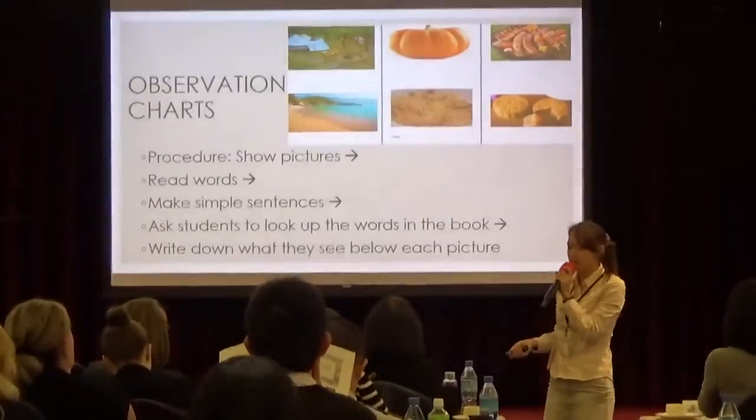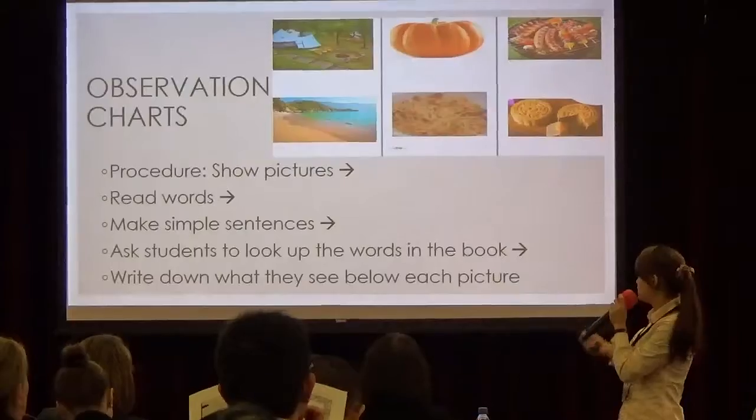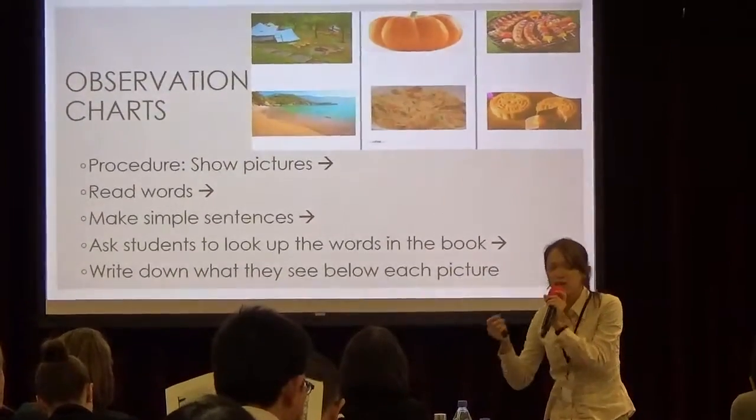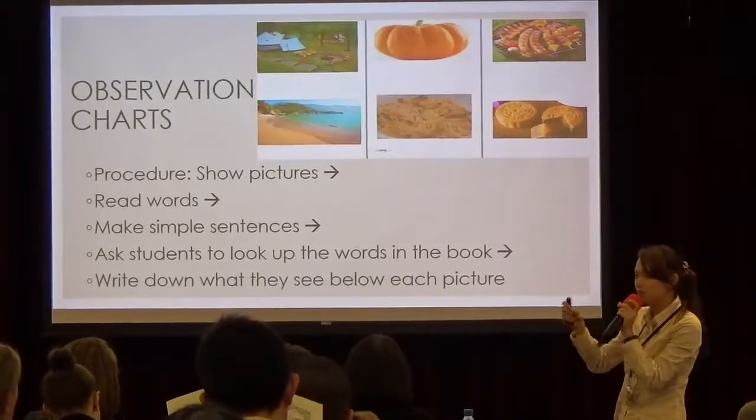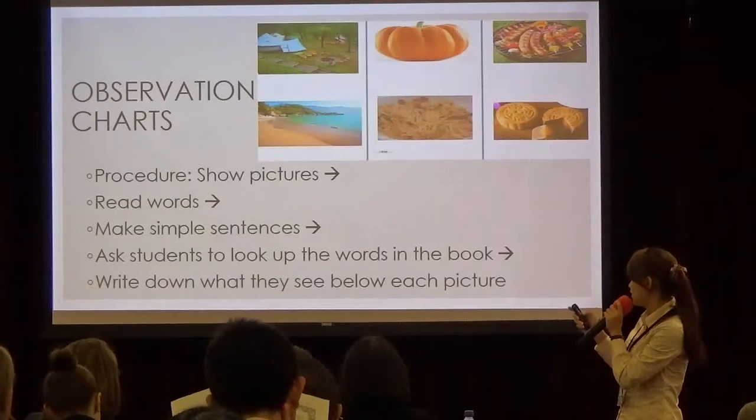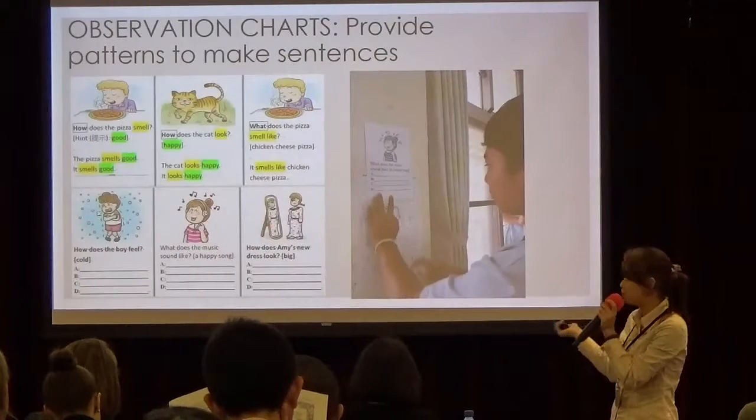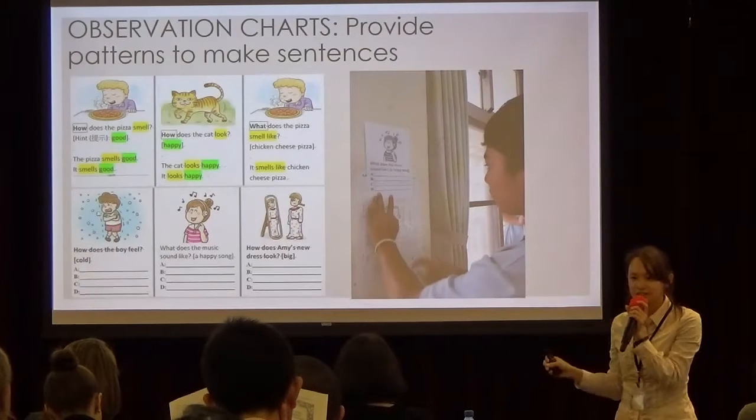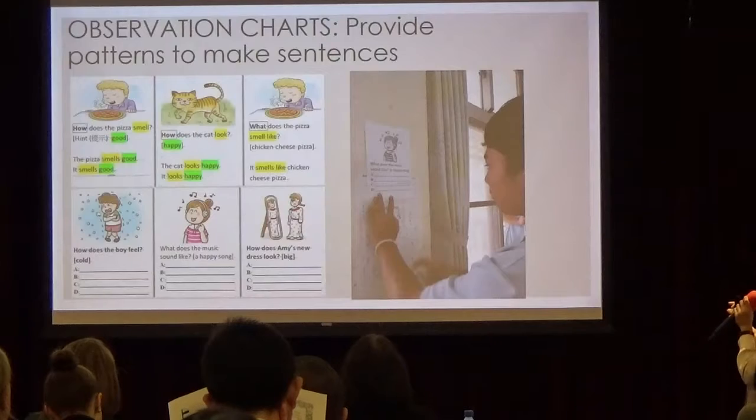I think that's okay, and I will make some sentences like, is this camp? Is this a tree? Is there a tree? Something like that, to check their comprehension. Okay, this is the first thing I do with the observation chart. And I also revised it a little bit